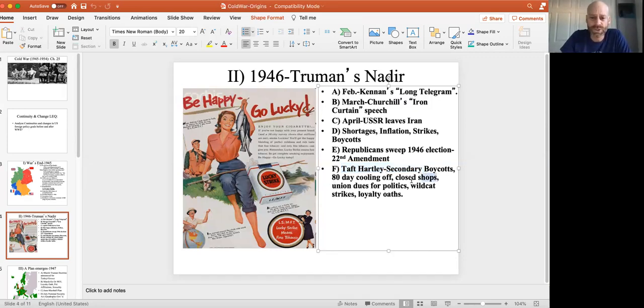There would be no more closed shops. A closed shop is where you're forced to join a union. You couldn't use union dues for political campaigns. Wildcat strikes were ruled illegal. A wildcat strike is when the leadership of the union says, let's negotiate, but the membership just says, well, we're going to go on strike anyway. And they go out, they do a walkout against the authorization of their union leadership.